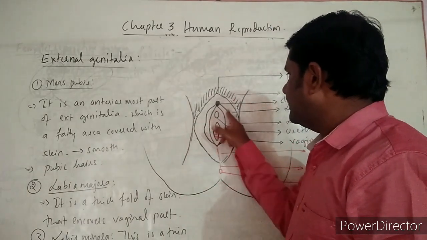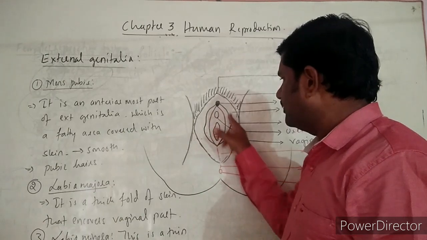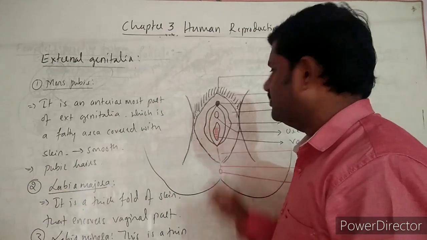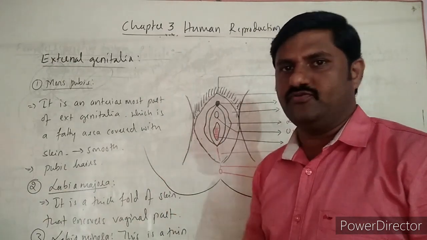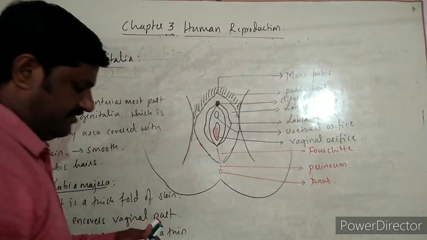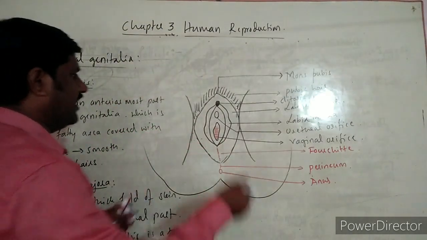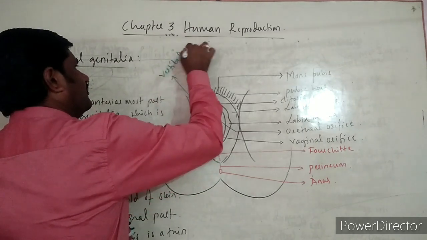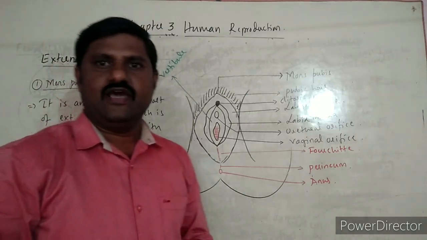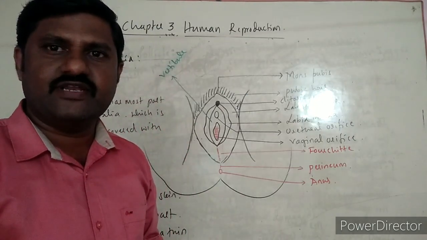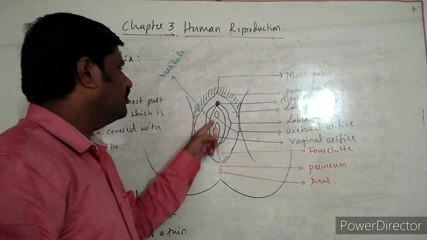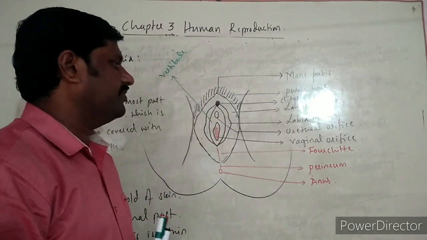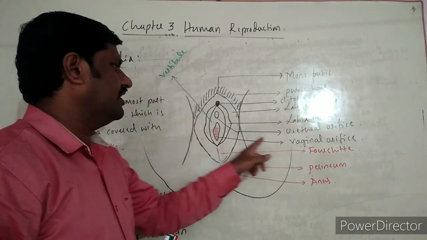So come to the inner part of this labia minora, which itself is called vestibule. What is this region called? Vestibule. I have made it a little wider, right? So as to make it clear to you people. So this area itself is called vestibule. And that area which is said to be the vestibule, inside which two openings you come across over here.